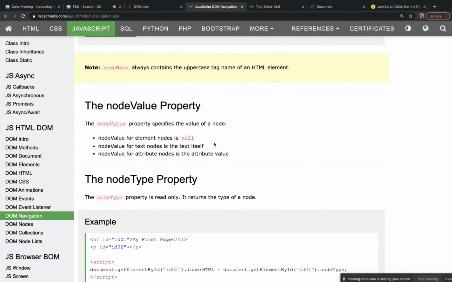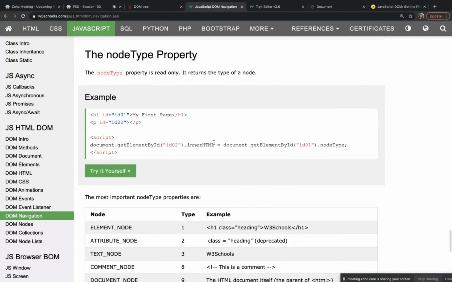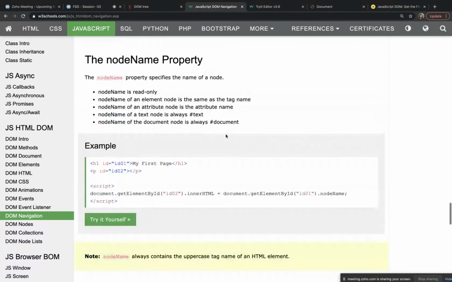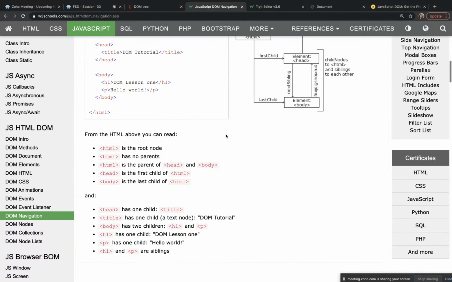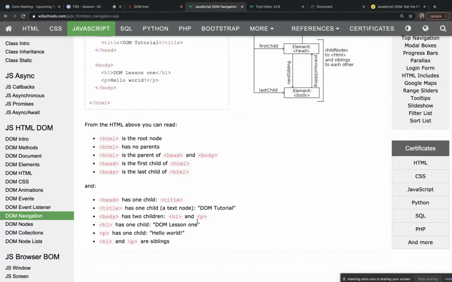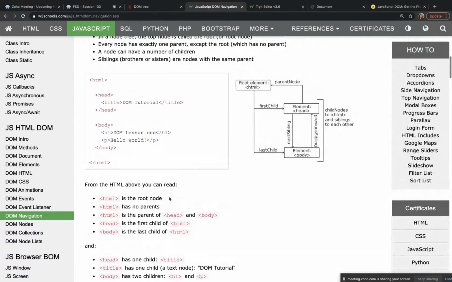Okay, for now we can see what we can access as parent node and then child node and then first child, and also we can access it as a root node.